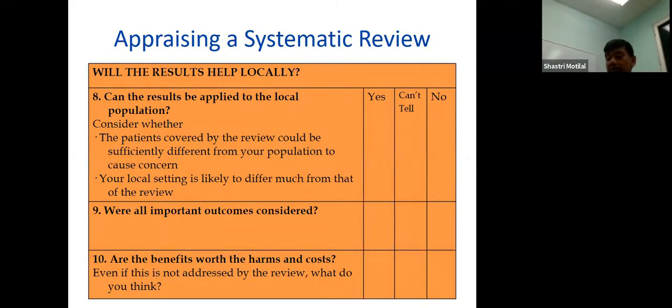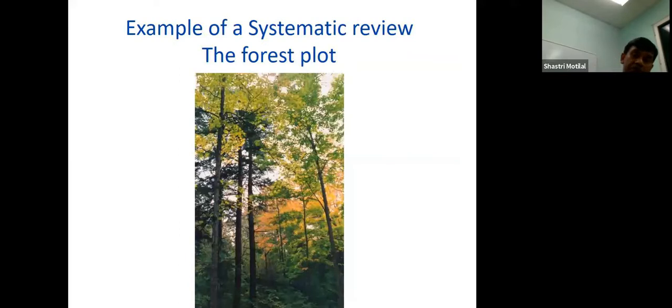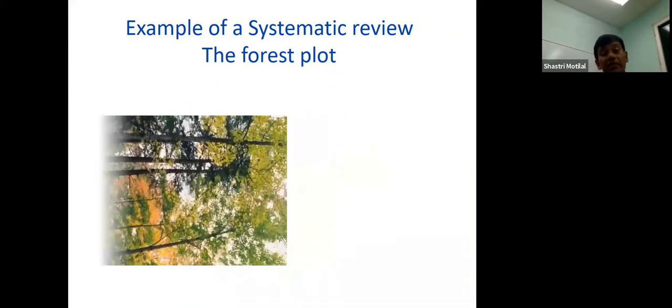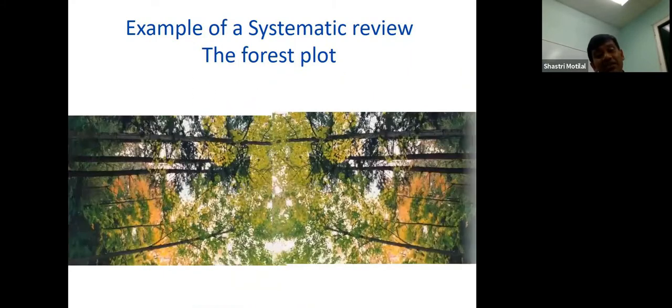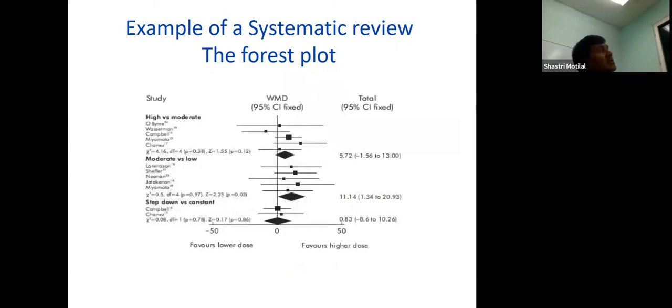But one of the big things I want you all to get in systematic reviews is this thing called the forest plot. They call it a forest plot or a blobogram. Don't ask me why they call it a blobogram or a forest plot. Maybe it has blobs on the screen, but this is what it looks like, right? So this is what a meta-analysis looks like. All of them kind of look the same. They have this vertical line, and then they have these horizontal lines with squares in them, and a big diamond at the end, right?